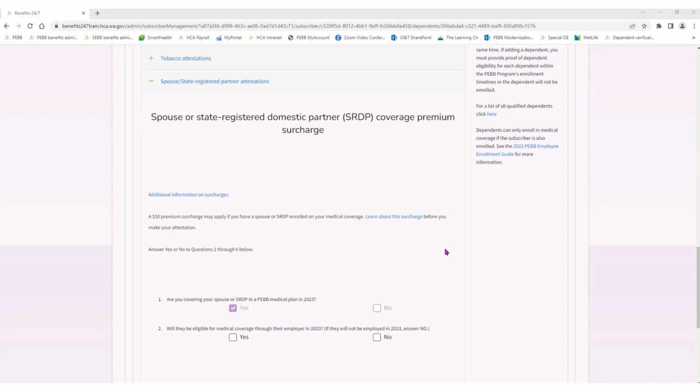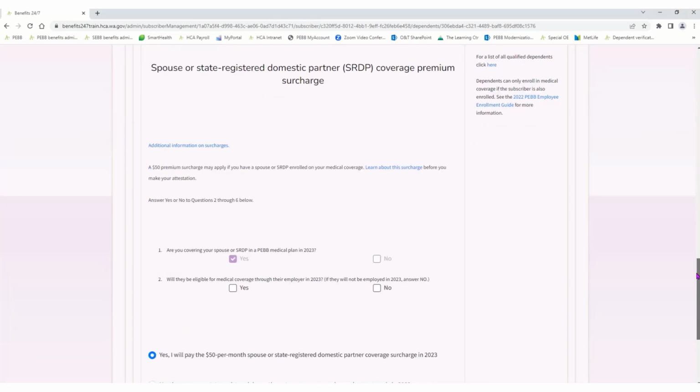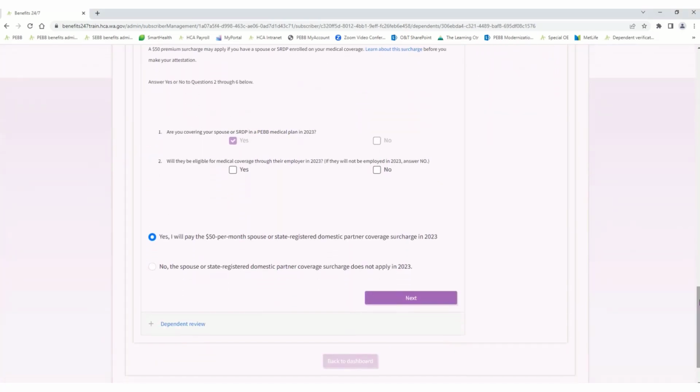So this takes us out to the spousal coverage premium surcharge page, where there's just some information here that tells the employee if they meet the criteria, then they will be paying this $50 per month surcharge. So a little further down the screen is going to be a series of questions that will come up one after another as your employee goes ahead and answers those. So the first one is, is the employee covering their spouse? Well, as you can see, that's already checked yes, because we are trying to go ahead and add their spouse,